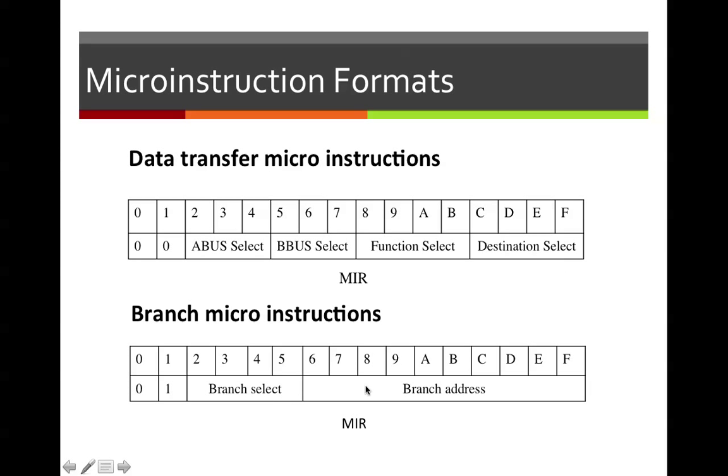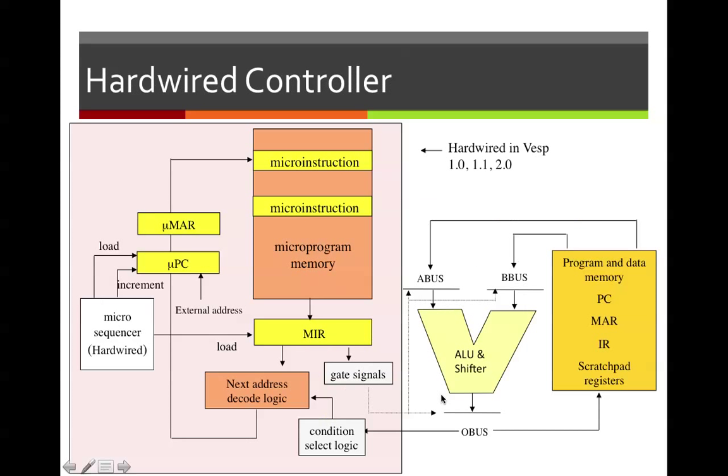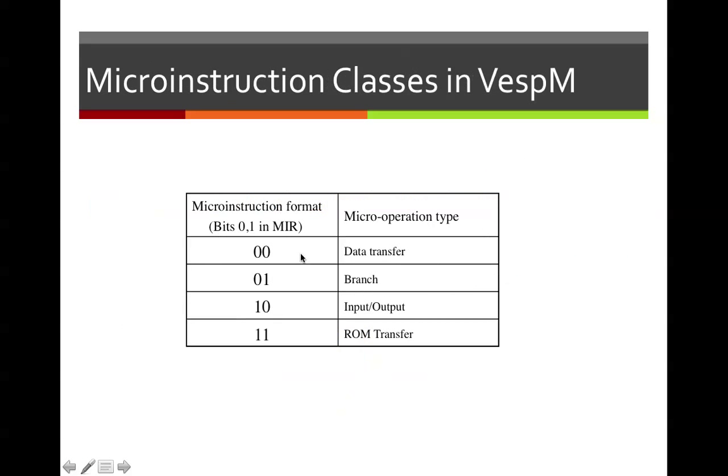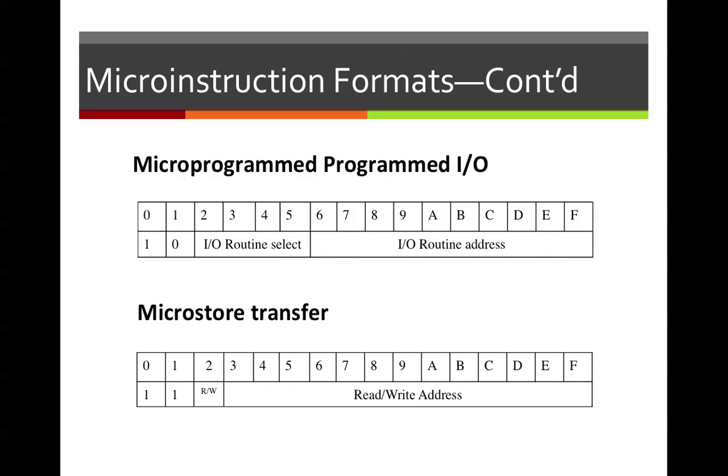Now the branch addresses are within the micro engine. That is, we're jumping here, not there. So the branch micro instruction would take us from one place here to another, just like the conditional or the forced jump instructions in the machine layer. We have the capability to actually go between micro instructions. So you got that. And then the microprogram IO would be 1, 0, and then you have to select